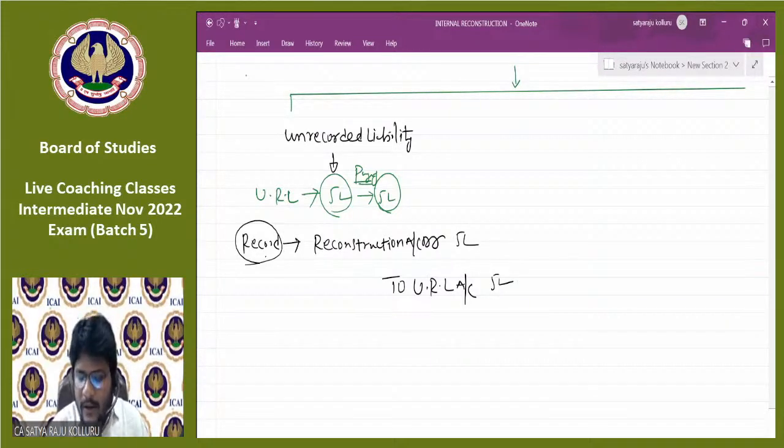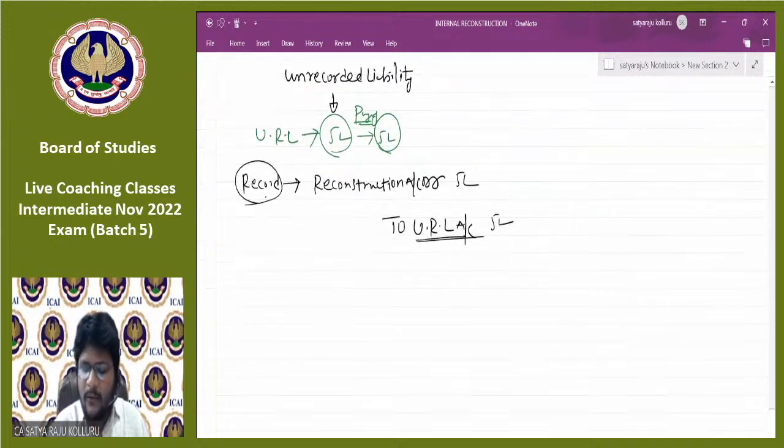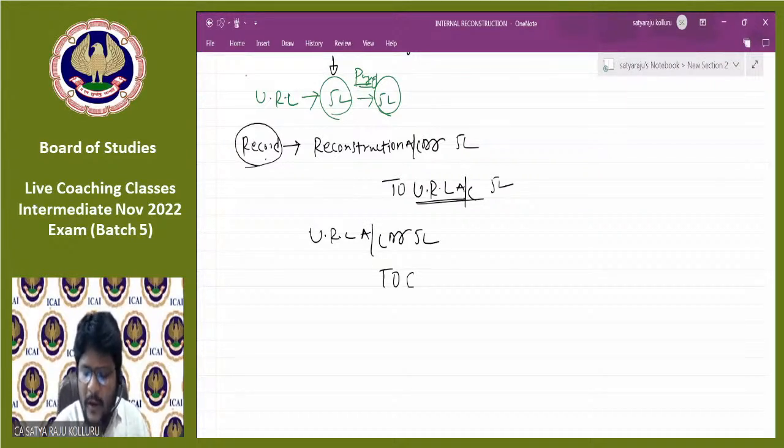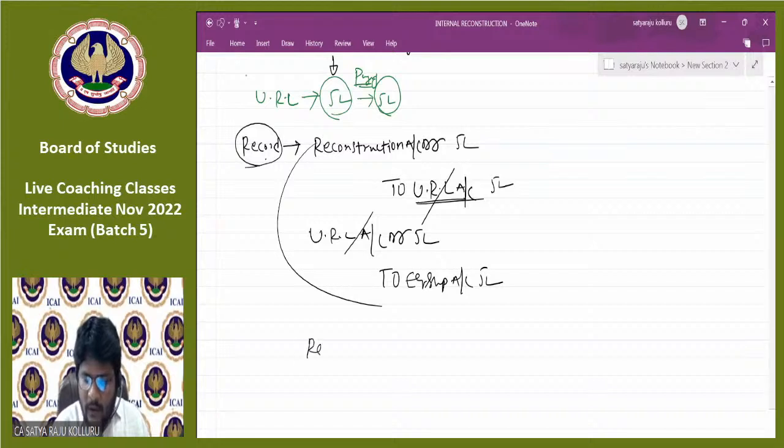Now we are discharging this unrecorded liability of 5 lakhs. By paying 5 lakhs, for example, you may discharge through payment of cash, through issue of equity shares, or through issue of debentures. Anything may happen. How you are discharging, that matters. Unrecorded liability account debit 5 lakhs. For example, you are issuing equity shares, then to equity share capital account 5 lakhs. Now here my point is unrecorded liability is debited here and credited there. That's why the net entry is reconstruction account debit to